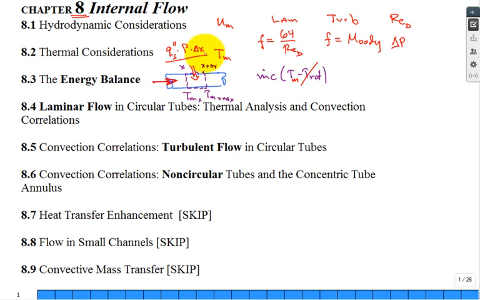If it's a specified heat flux, what happens if it's not a specified heat flux? What happens if it's just a traditional convection where you have a hot wall surface? Then what comes in from the wall would be, and I don't really know where to write it, but it'll be the h times the perimeter times delta x times the surface temperature, whatever it is, minus that mean temperature in the control volume. So either one of these, you'll see, well, oh, we're going to solve it for a constant heat flux. Oh, we're going to solve it for a constant wall temperature, or even just a specified wall temperature. And you get an equation